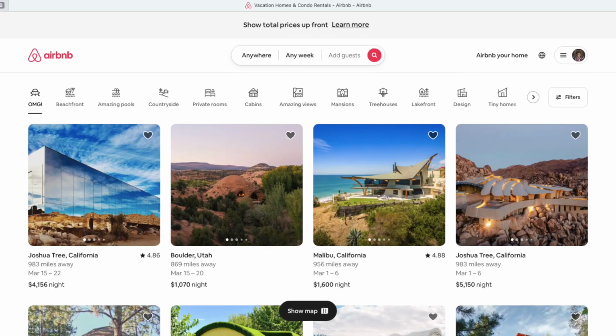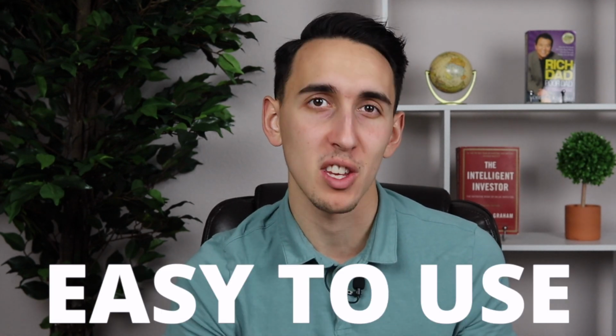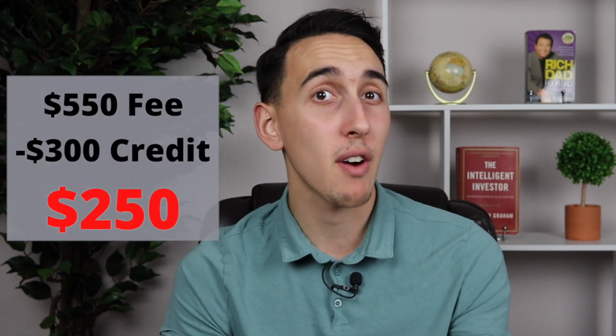The really nice thing about this credit is that the $300 annual travel credit does not only apply to purchases that you make using the Chase Travel Portal, but instead you can use that $300 credit for literally any travel purchases that you make with any platform. So if you're considering getting the Chase Sapphire Reserve, then you probably travel at least a couple times a year. And since the $300 credit is so flexible and easy to use, then I definitely think it's feasible for pretty much everyone who gets this card to utilize the entire $300 credit. And if you're able to do so, you can lower your effective fee on the Sapphire Reserve down from $550